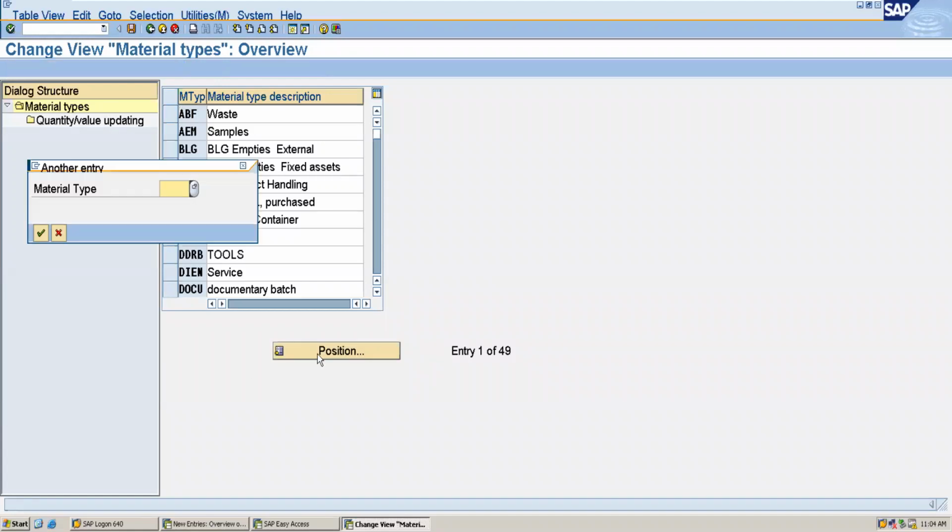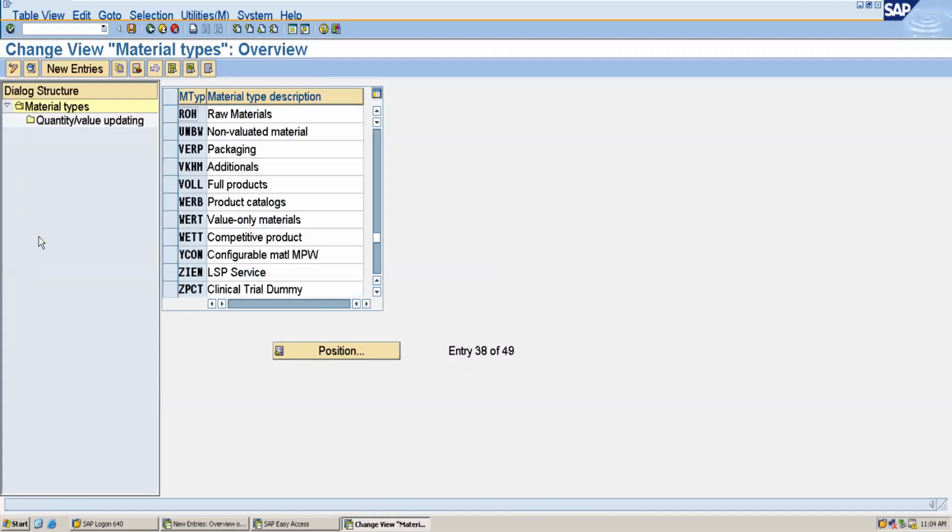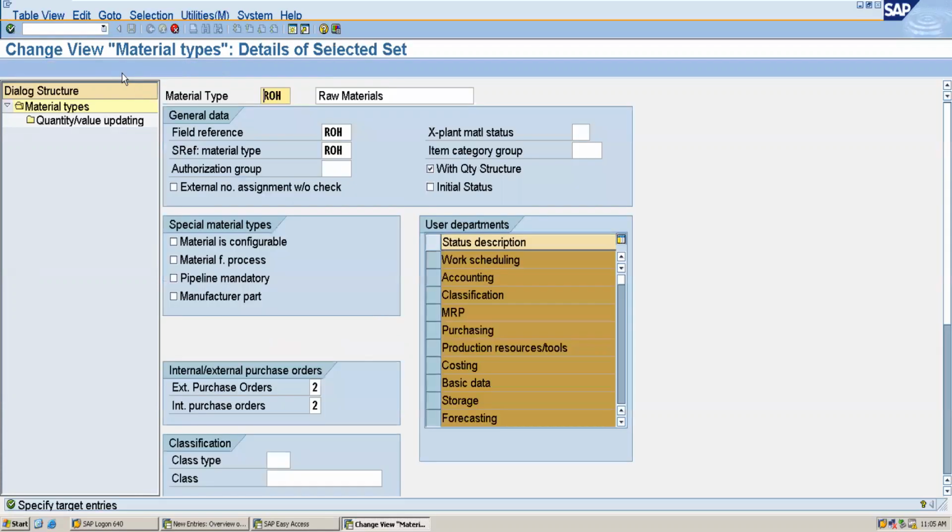For that, I will select the standard one, which is ROH. I will copy from this and create AL01. The field reference will be from ROH, which is the standard raw material.